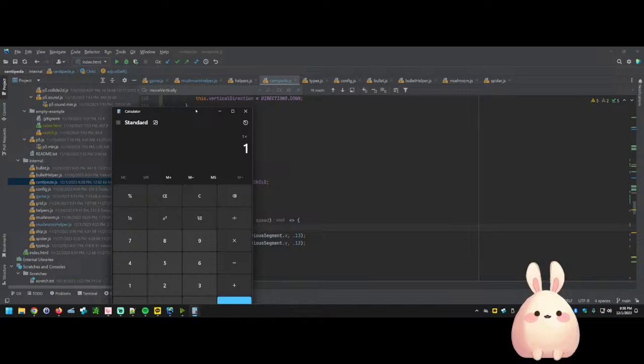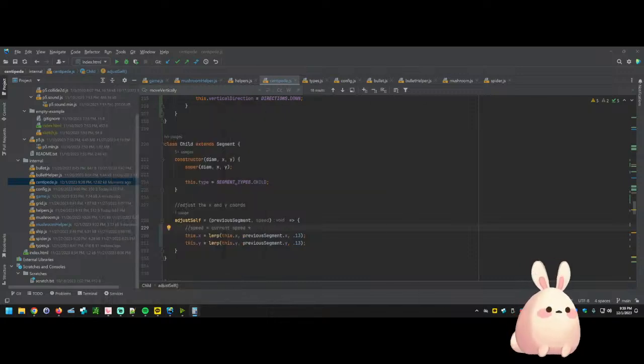So 1 times 0.01. 1 times, it's 1 divided by 1000. So 1 divided by 100. 0.01. No, 1 divided by 10. Yeah. So it's going to be the current speed divided by 10